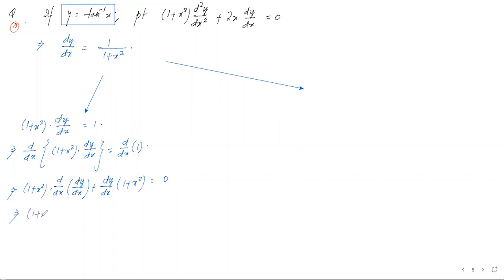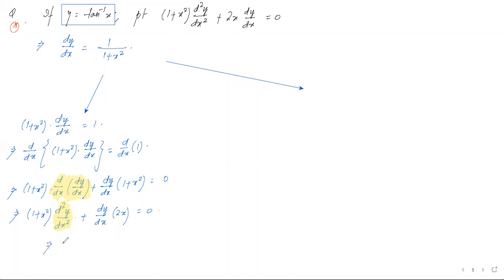Now, this is 1 plus x square. And logically, you आज का definition याद करो. What is ddx of dy by dx? First order derivative को दोबारा differentiate करना, इसी को तो हम बोलते हैं double order derivative. That is d2y by dx square. This term to be understood. That is ddx of dy by dx is what? d2y by dx square. Plus this dy by dx is there. 1 plus x square को differentiate किए, we got 2x, right hand side में 0.